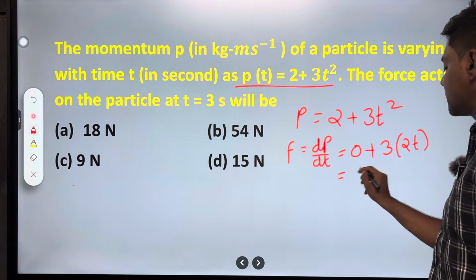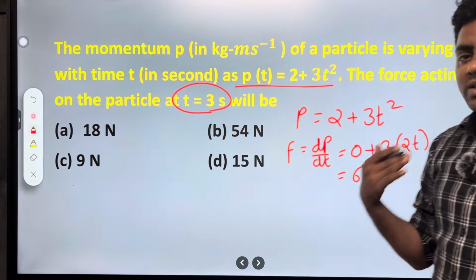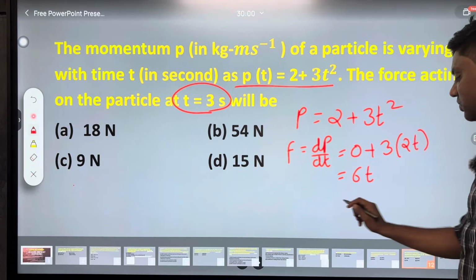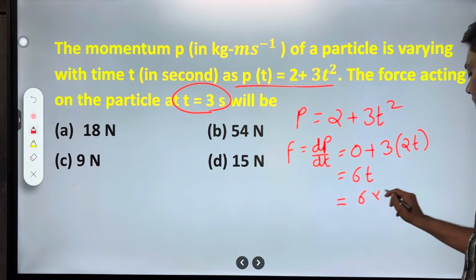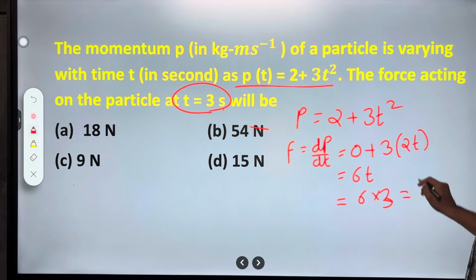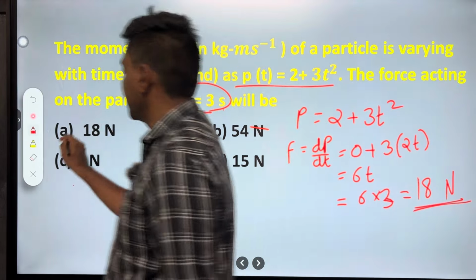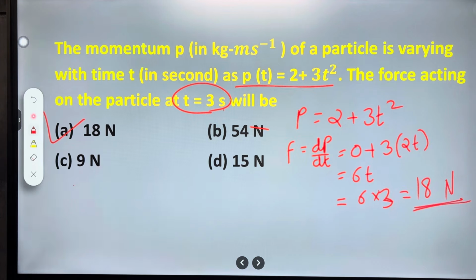The product becomes 6 times t. When time is 3 seconds, we have to calculate the force, so put t equal to 3 seconds: 6 threes are 18 Newton. So option number A is the correct answer. Next,